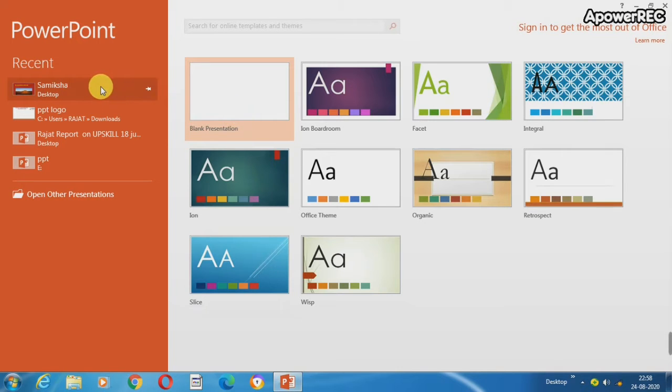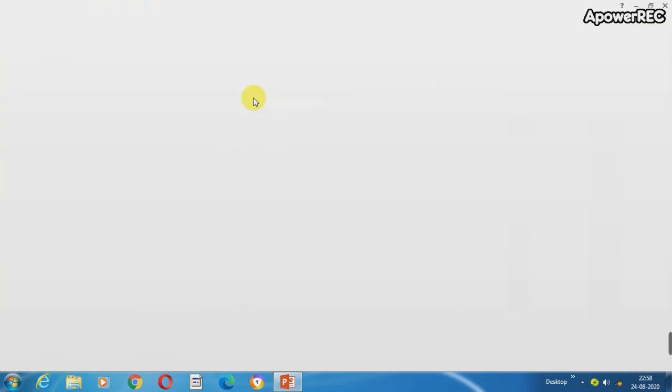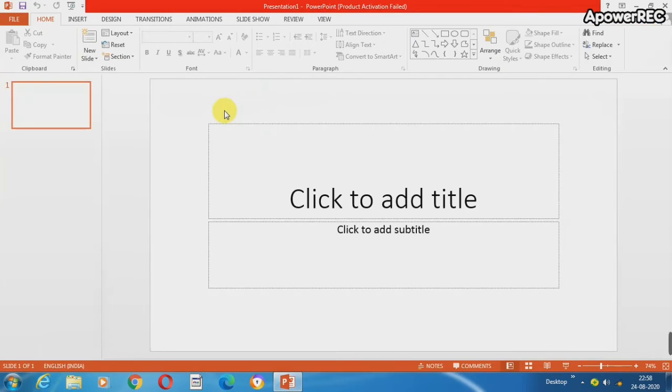In the left panel you can observe your previous presentations that you have created earlier. Now children, there is your choice. Either you can select a pre-designed template or you can select the blank presentation. So click on blank presentation. When you click on blank presentation, your presentation will appear.